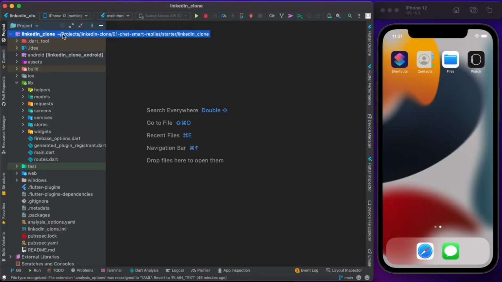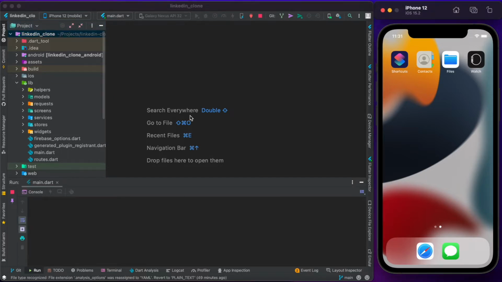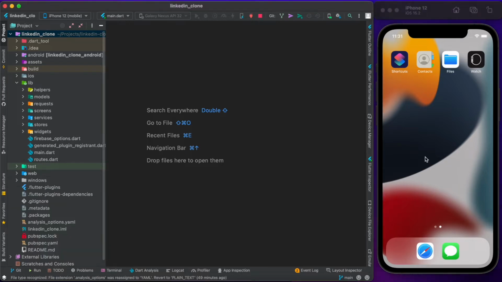Let's continue and take a look at our starter application now. I have my starter application opened in Android Studio, and I also have my iPhone emulator open on the side, so that we can run our application and see it on the emulator. First of all, what I want to show you is all the folders that we have in here, and then I'll show you the application. Meanwhile, while I'm explaining the folders, let me go ahead and try launching that in here,